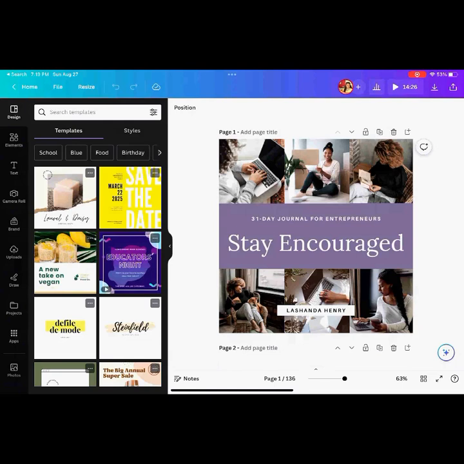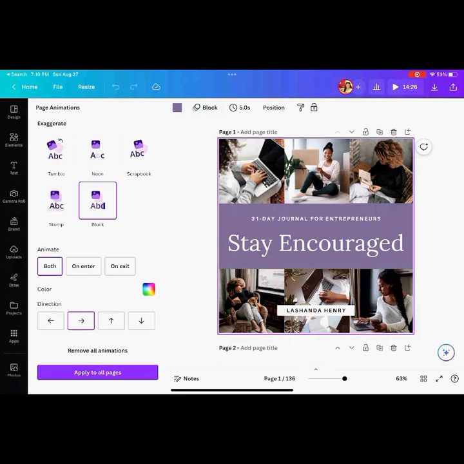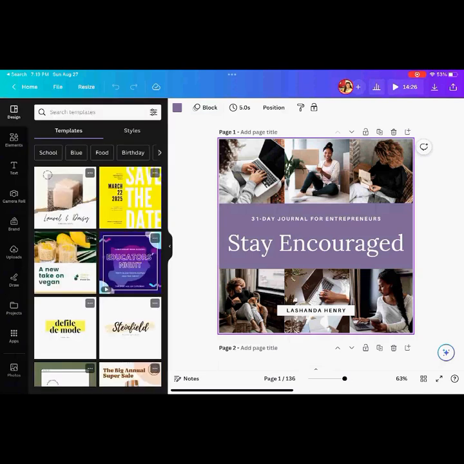And so if I needed to, I could simply click anywhere on this screen, right? And then you'll notice that it says block, right? That's the animation that's being used on this page. I'm actually going to make a copy of this so I could just have it as one page.